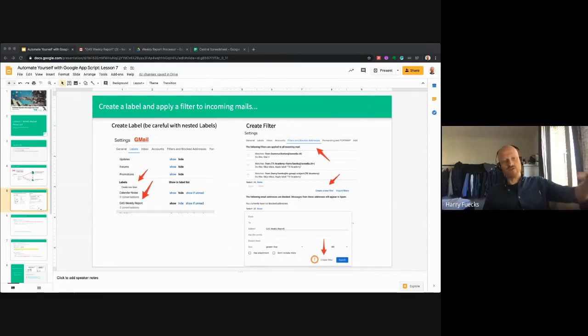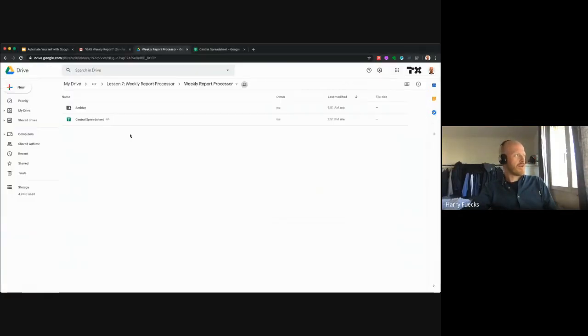So you want to make sure that all along the way, you're keeping a copy of things, logging stuff. Maybe you send yourself an email alerting yourself when the code ran. That will make sure that if things go wrong, which they probably will at some point, you're able to go back and figure out what caused the problem. So that's basically why I've got this archive folder. Now let's take a look at the code,